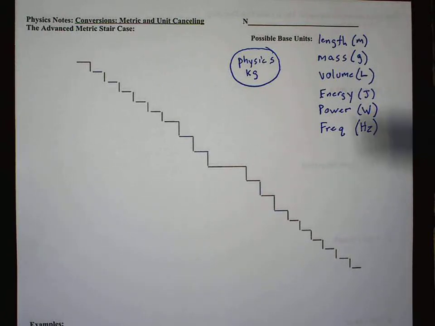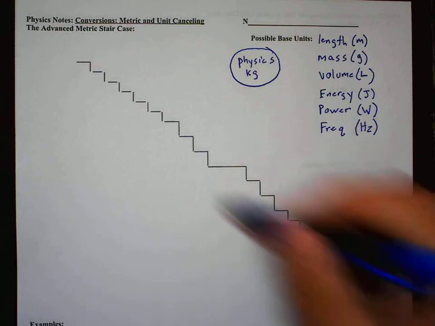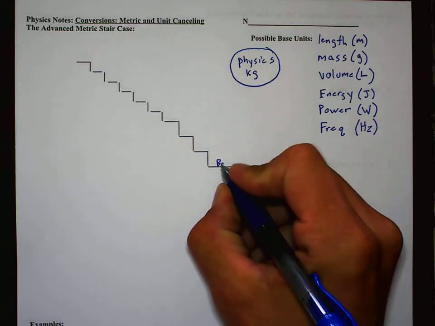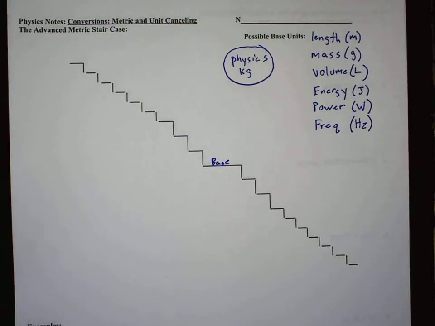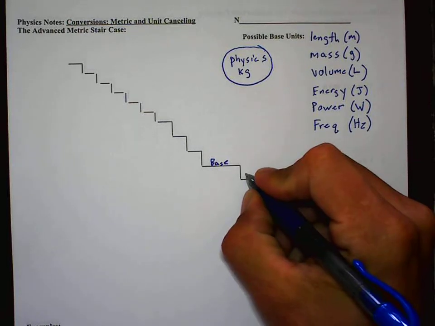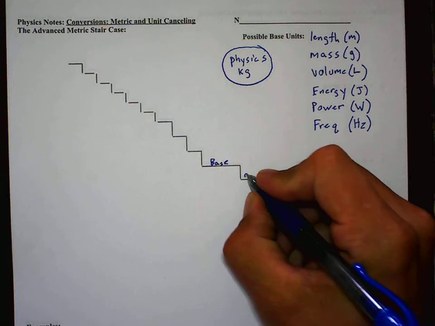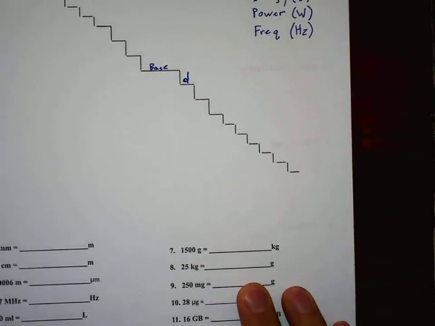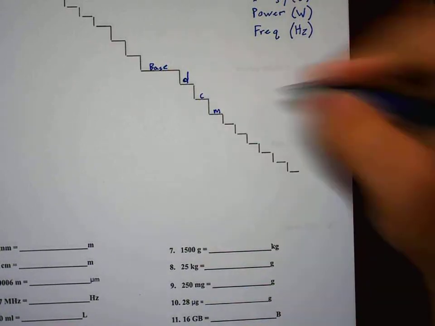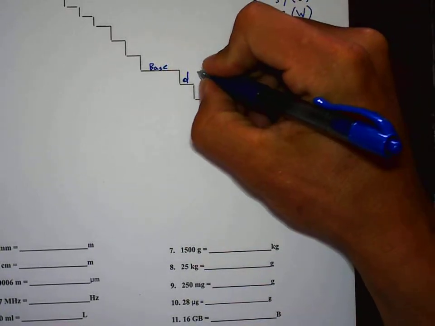There's all kinds of things you can apply to this metric scale. And so we're going to talk about how to apply this to lots of different things in this class. So the base is right here. And here's the part that's major review for you. We will probably do some new stuff on here today too. Let's start with the small units. DCM. That stands for deci,